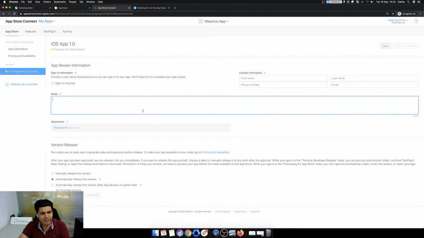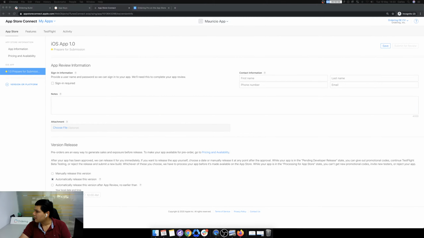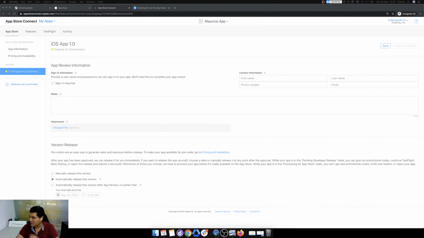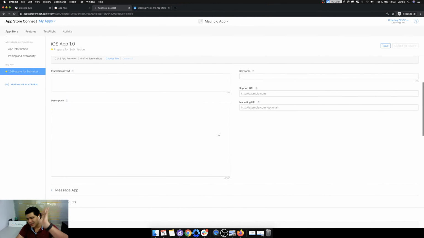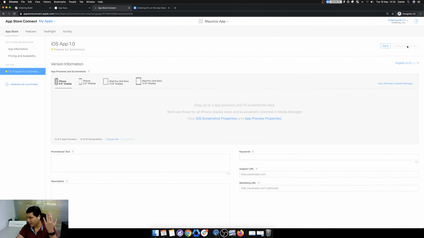Your app notes have the credentials of the driver or the business owner that the App Store has to log in with. That's very important. Most of the rejections of the apps are because this is missing or we are not even saying anything here, or this information does not work. Okay, I think you can see it now. Once everything here is done, you click submit for review and wait for Apple to do its work.